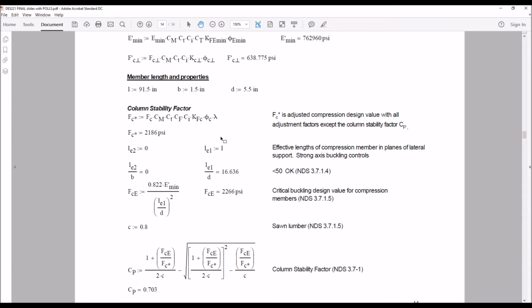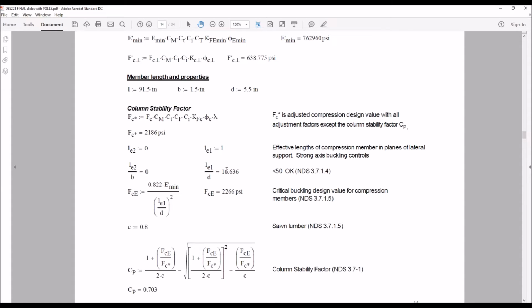So we are going to focus solely on the strong axis buckling because the weak axis becomes irrelevant with this L sub E2 equaling 0. But we're using the subscript 1 to denote the strong axis buckling. We need to check the L over D ratio. So if L sub E1 over D is greater than 50, then the column or the compression member is too